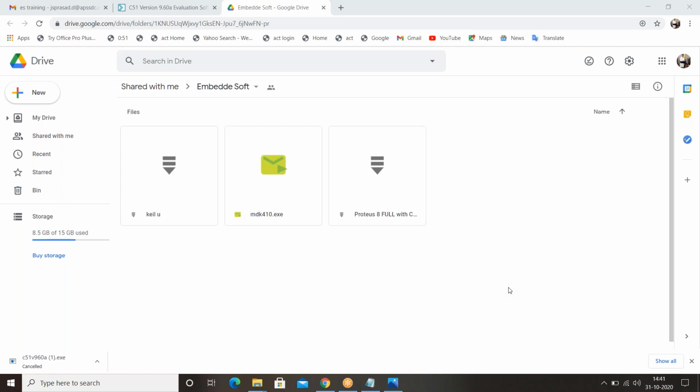You downloaded the Keil as well as the Proteus 8, and you installed the Keil as well as Proteus 8. You downloaded the Proteus, already installed.